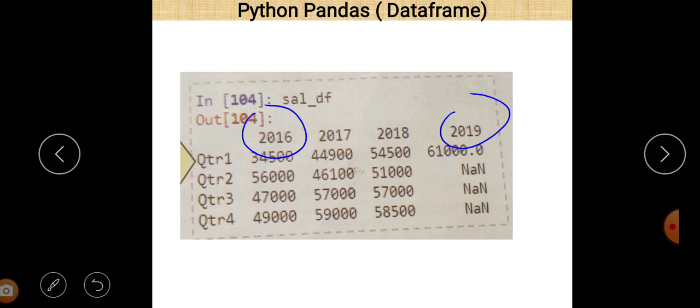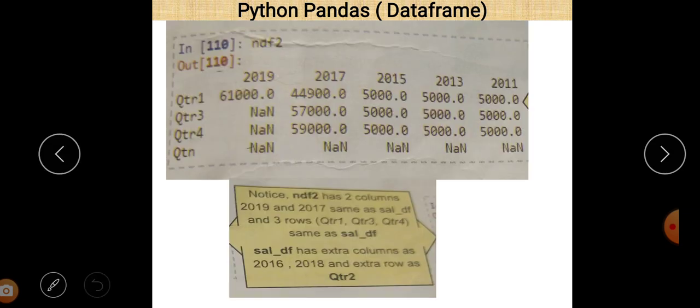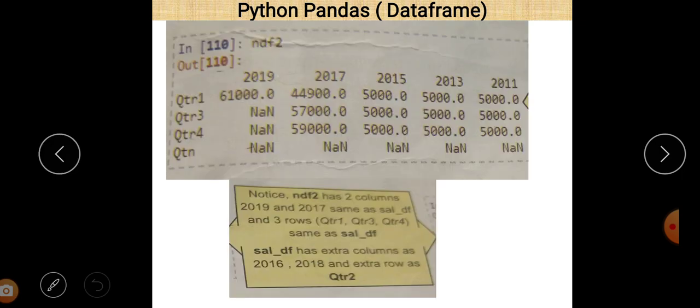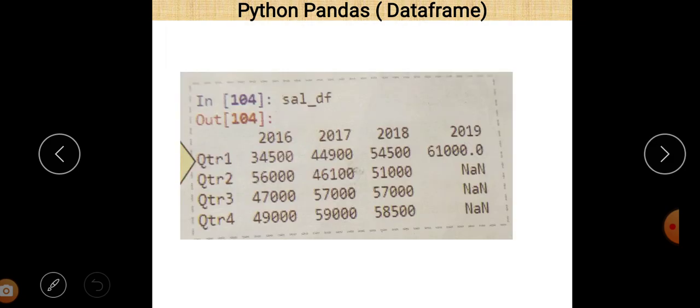Is it so? Let us check it. Okay, 2016 and 18 are not there. So a few columns are common in both of the data frames, and a few of them are unique.